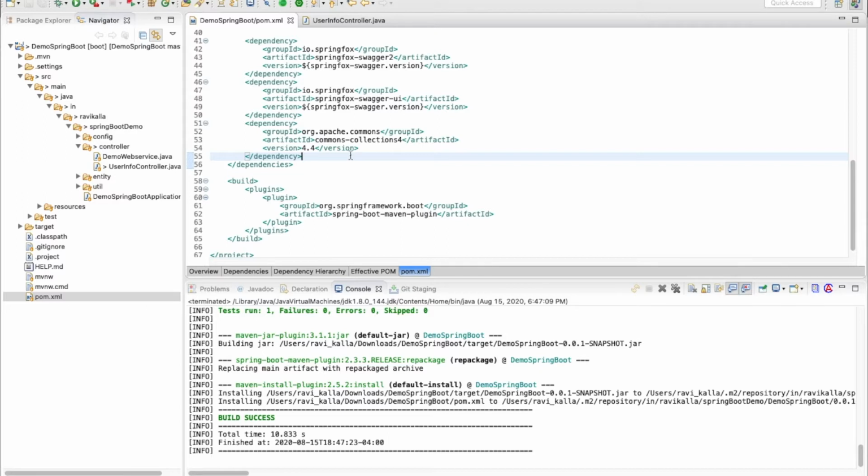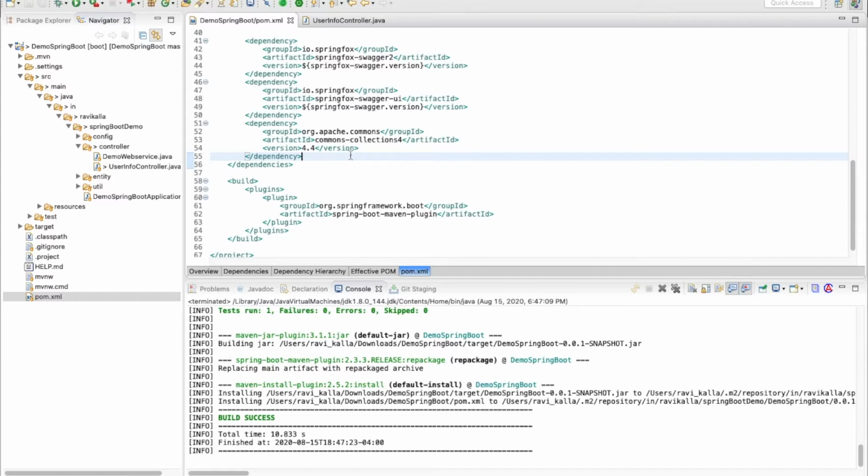So this is not for a real production based application. This is only for demo purposes. So if we remove the Flapdoodle dependency here, automatically it will try to connect to the MongoDB in the local system.